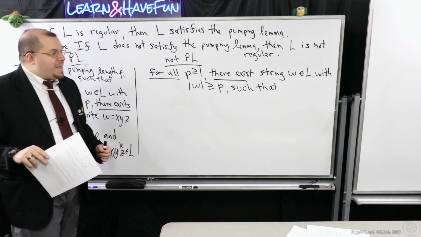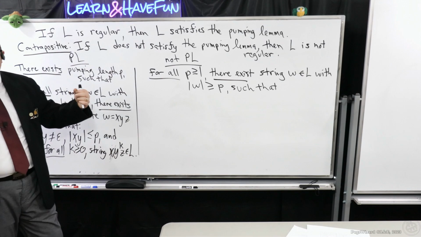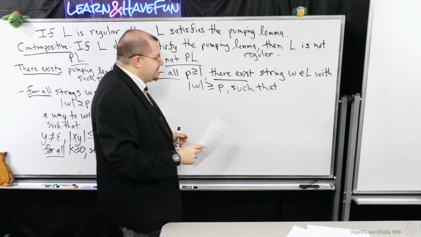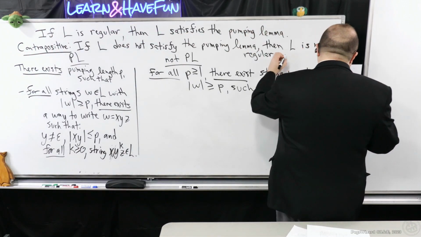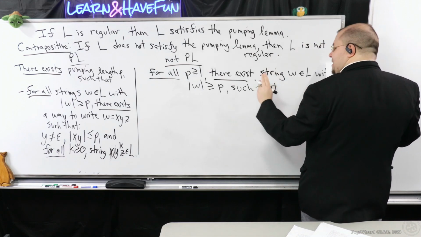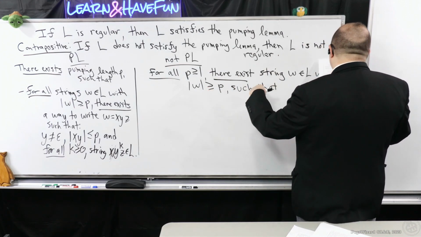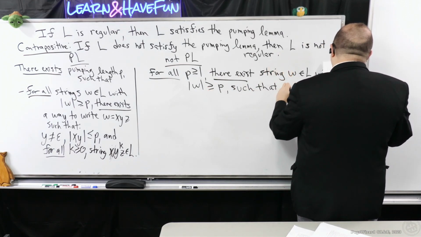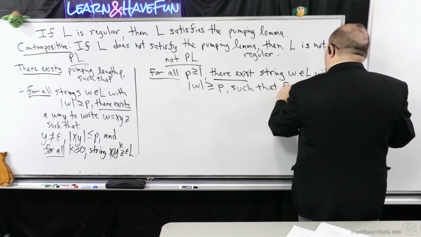Well, now we have to say regardless of how you could write it. So that means we're going to switch that from an existential to a universal. So here we go. Such that for all